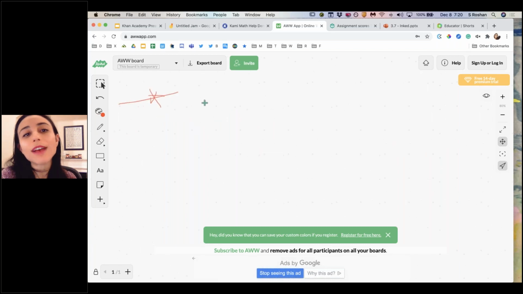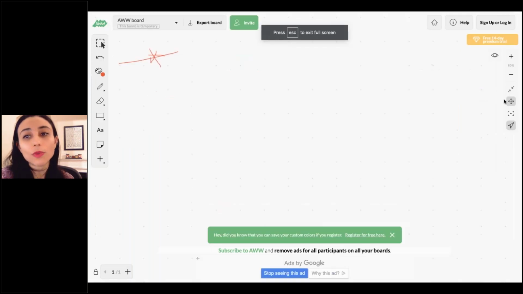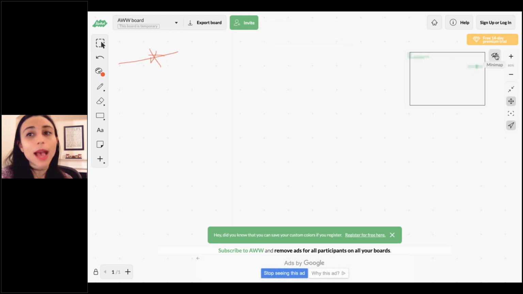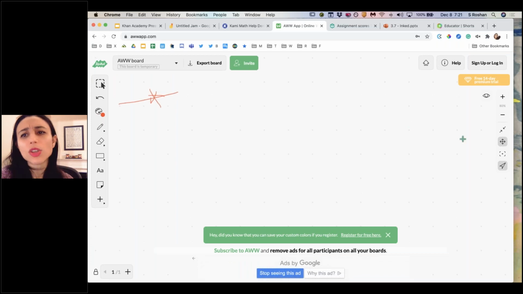So this is kind of like a huge canvas that I can have, and I can keep writing. And if I want to see a snapshot of everything at the end of class, I can zoom way out, I can do full screen, and I can move around a little bit more easily with this little mini map tool here. So it's one of those that you can explore a little bit more, but I've really liked this one. It's very simple, but also a little bit more robust, with that canvas feel, which I like. If I want to solve a big problem and I don't have enough real estate on my screen, I can play a little bit more with some of these options.